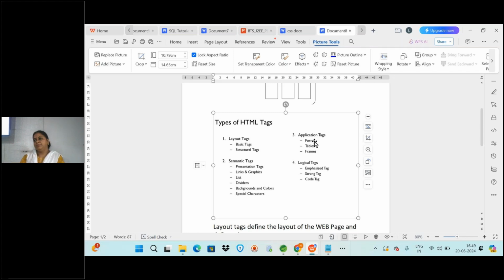And then table, you will see everything always arranged in a proper format. There you will be using this table tag. Table tag means, everyone knows matrix, right? Matrices in maths, like you will have row and column format. So you will have rows and columns designed, and you will be entering the data inside that. So when you see a table, the table structure will be in a proper format.